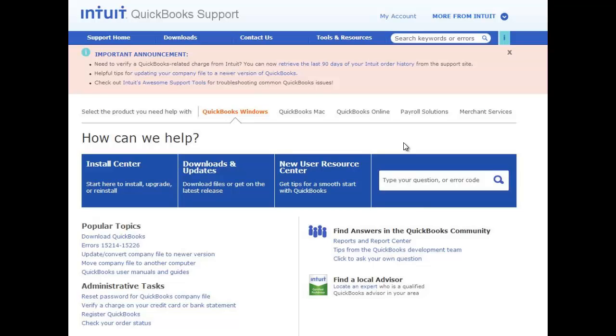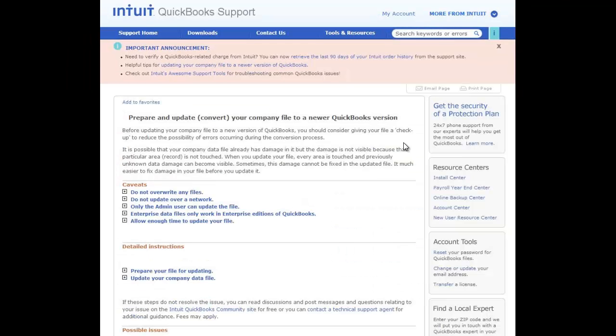is at certain times you'll get the pink bar to appear at the top, important announcements. And so one of the items on important announcements, helpful tips for updating your company file to a new version of QuickBooks. And if you click on that, you'll get the information that's been newly authored. And I've always thought that it could be useful for us to be more active in presenting new information to our customers, and doing a tip bar or a hint bar like this, I think, is one way